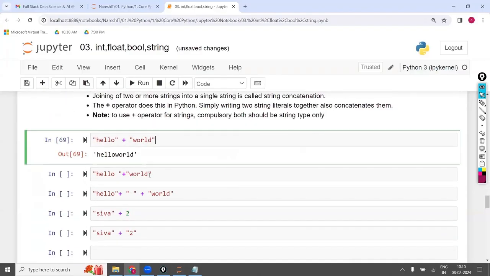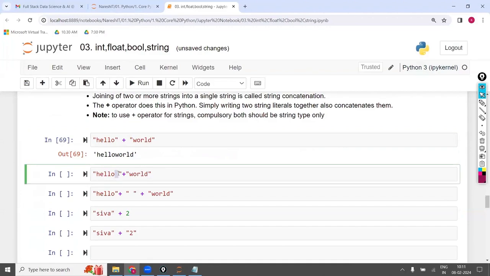String concatenation means first string you are combining with the second string. String 1 and string 2. You are combining two strings. Now, if you want a space between the two strings, two options are there.